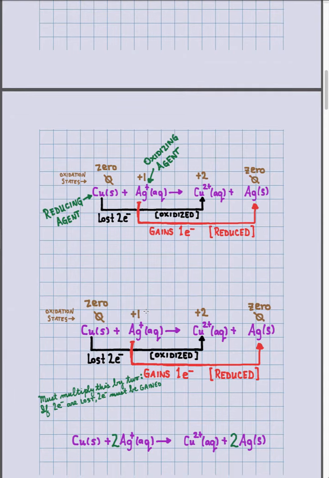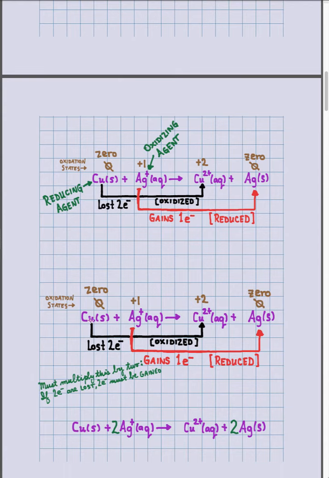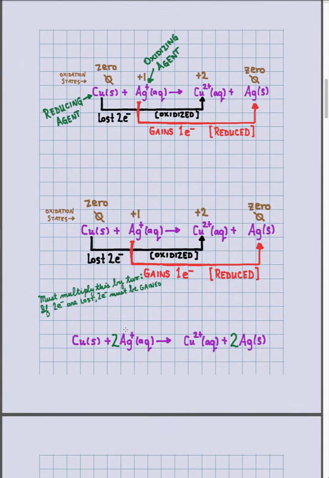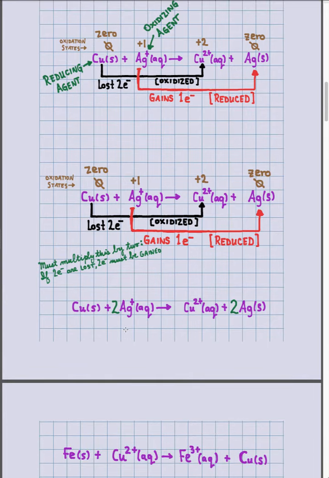In any case, the balancing goes like this. If one copper loses 2 electrons and one silver gains 1 electron, I have to have 2 electrons lost and 2 electrons gained. So I'm going to multiply this whole thing by 2, that is this silver and this silver. And voila, I've balanced my redox reaction by inspection, saying 1 copper, 1 copper, 2 silver, 2 silver,